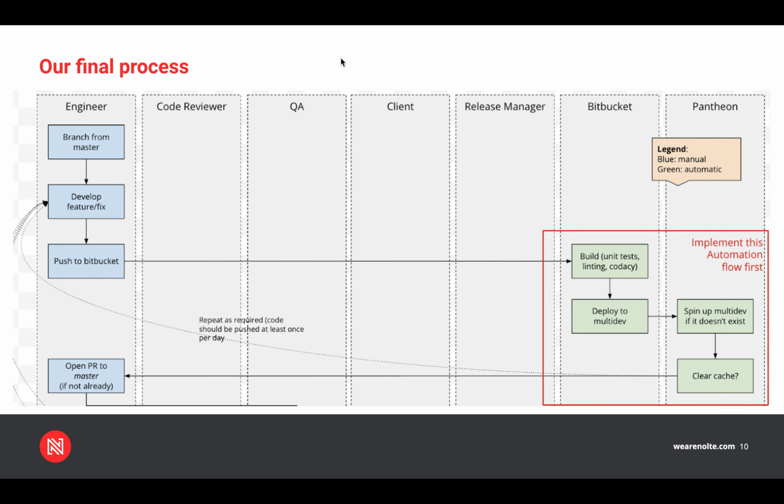This is our final process. This is still in process. Sometimes there are processes that will need some polishing and some additional work, but for now, this is how we are starting implementing this workflow. So first of all, the engineer creates a branch from master branch, then develops the feature or fix, and pushes the code to Bitbucket. Once pushed, then